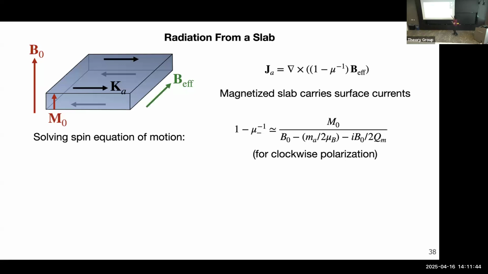And so what this means is that there's going to be surface currents on the top and bottom surface of the slab. So let's suppose I had the magnetization pointing this way. The effective field tilts the magnetization, and that means that only surface currents in opposite directions are on the top and bottom. So at the same time, of course, the whole thing is precessing because it's in some external B field pointing along this direction. So it's not really a linear current, it's actually a circular current. There's a circular polarization being emitted from the ends, but I couldn't draw that really well.